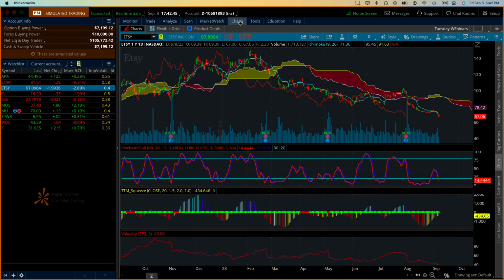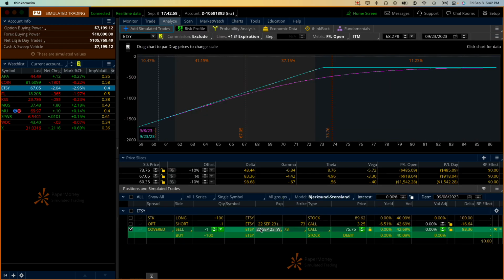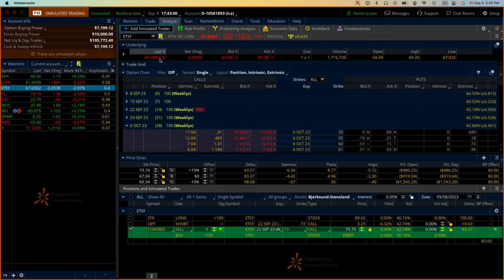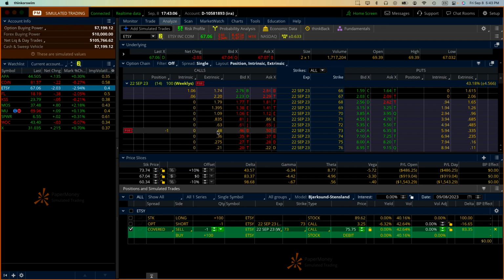Let's see what the chart tells us. Yeah, it's reaching the lowest point here. So yeah, we can do a roll down in this case, okay? Because we can look for the option with the most value, since the option we have is running out of extrinsic value. Come over here, look at the option that is labeled position right here. Oh, it says 48 cents. Well, we can wait a little longer, couldn't we? Yeah, 48 cents,